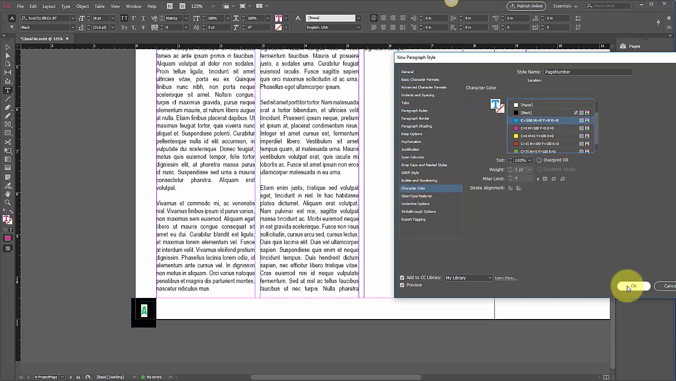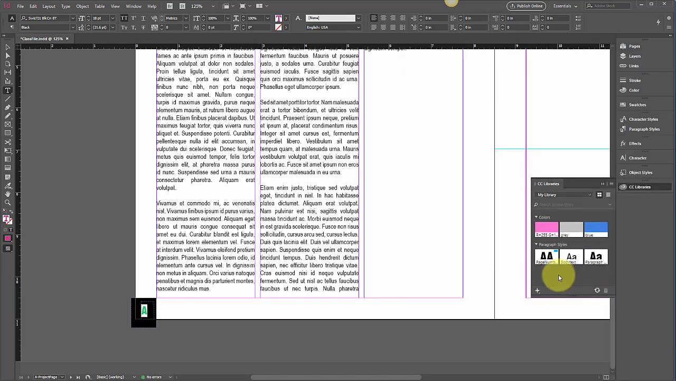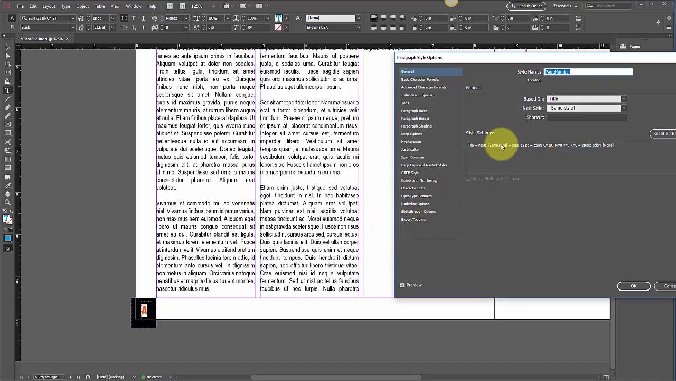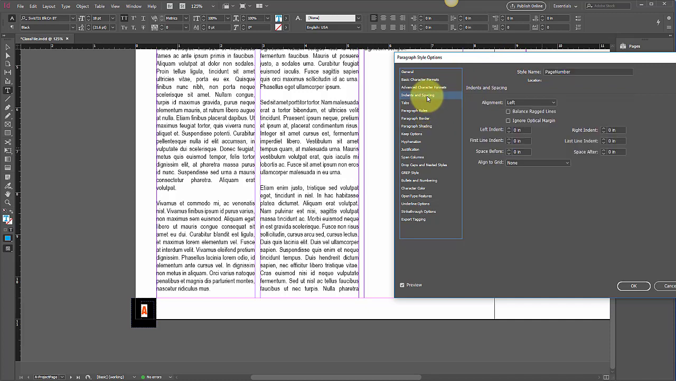Maybe I actually do want blue. I think I'm pretty good with everything else. The other thing I might do is, so now I've actually told it to be that paragraph, the page number style. Don't forget to do that. The other thing I might do is take a look at